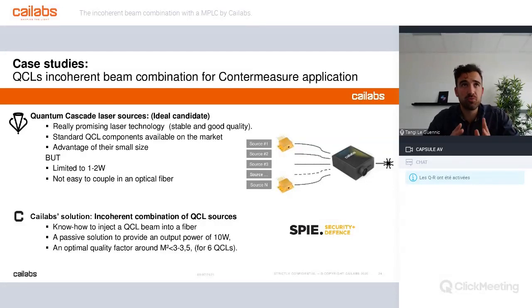QCL, as quantum cascade laser sources, are really interesting candidates to build these sources. They are really promising laser technology with standard components already available on the market. They are quite small, stable, but they are limited to 1 to 2 watts, and they are not so easy to couple in an optical fiber. So the Cailabs solution for that is a real know-how to inject a QCL beam into a fiber, a passive solution to provide an output power of 10 watts, an optimal quality factor around an M square value close to 3.5